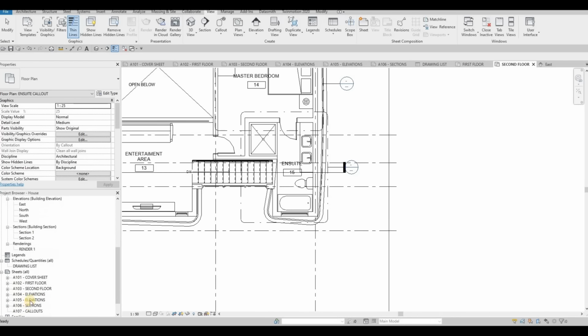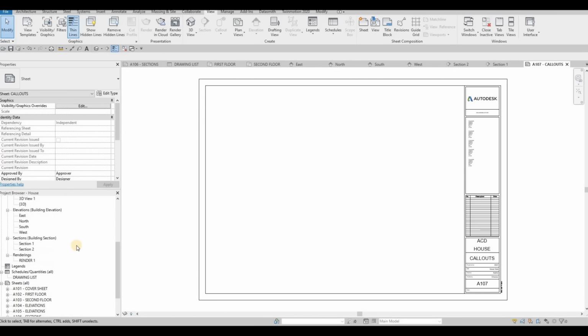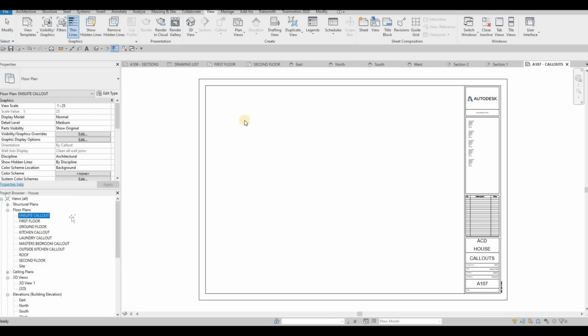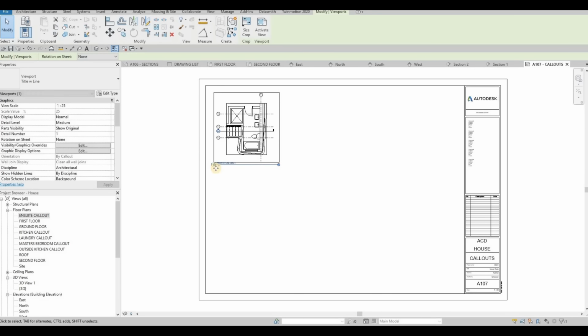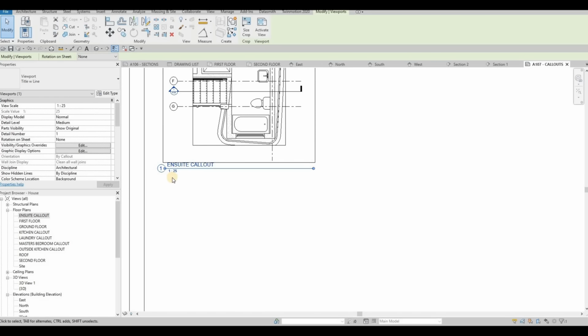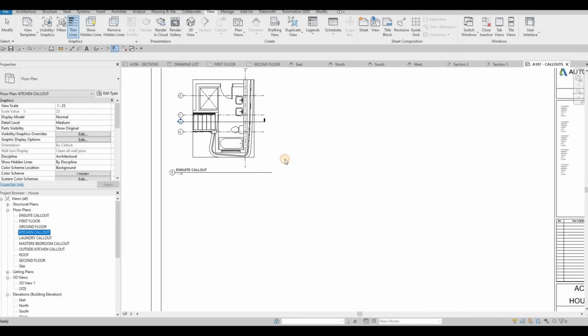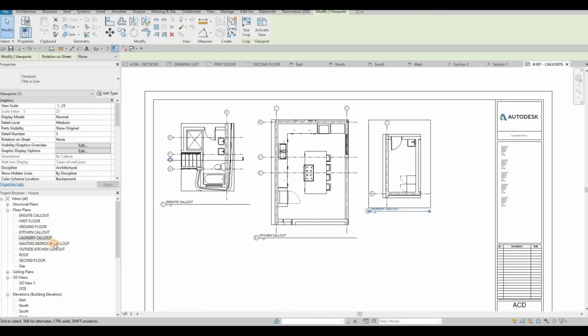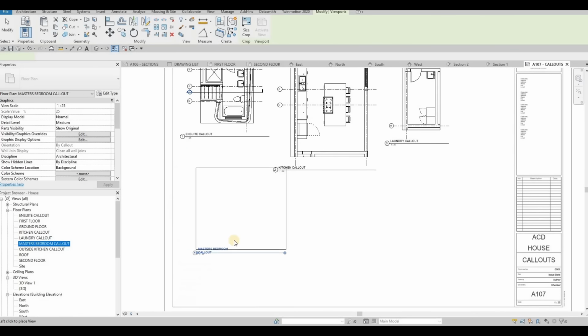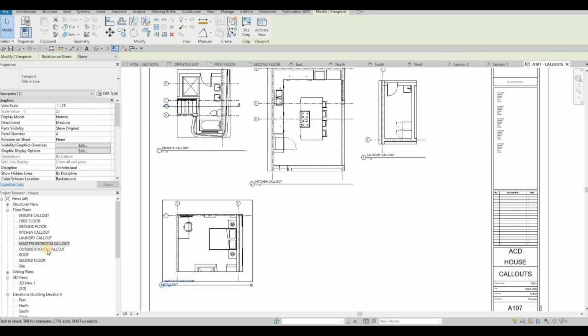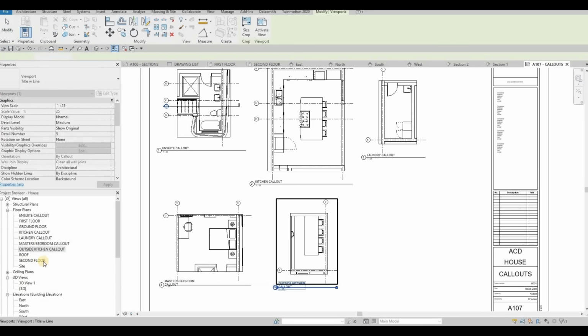Okay, so now we need to go to our sheet. So double click on A107. You just need to keep on dropping that. So any sequence, it's up to you. And then if you notice, it recognized that it needs to be 1:21 so that it's big enough. So here, kitchen callout, laundry callout, master's bedroom callout, outside kitchen callout,